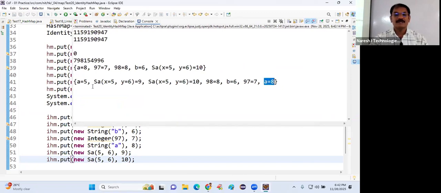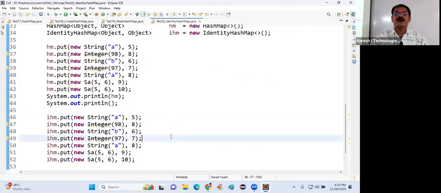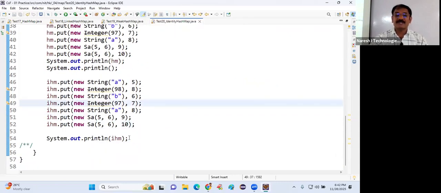Stored 2 times now. A equal to 8, A equal to 5. Sample object stored 2 times. Sample object 9, sample object 10. Are you catching my point? So if you want to work only with reference wise hash code, then we have to use what? Identity hash map. Suppose I am creating sample